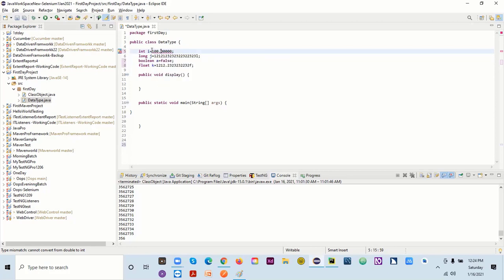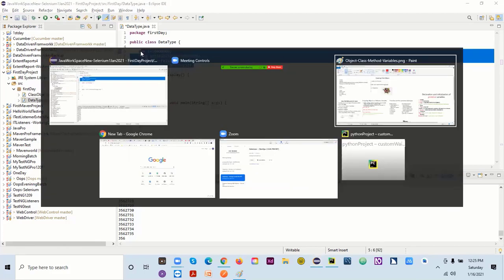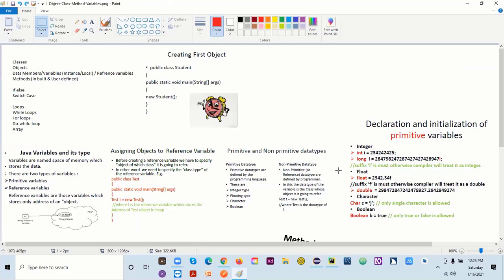So this is the thumb rule. This is the rule defined by Java, so we cannot do anything about that. Whatever they have defined in the Java documentation, we have to use as it is. So this is for our understanding that if you are dealing with integer, long, boolean, float and so on, these are the data types. And whatever data type is defined by Java, those variables will be called primitive variables.